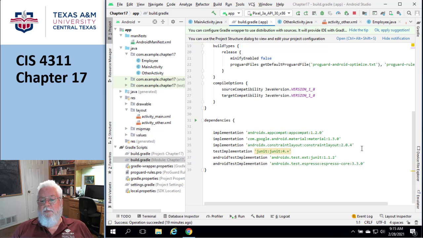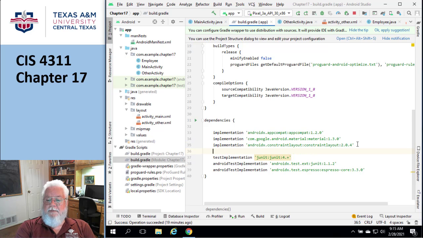And what I want to do is add an extra implementation in here to handle this other thing. So I'm going to say implementation, and then tell it that I want com.google.code.gson, and then I tell it exactly how I want this thing done. GSON